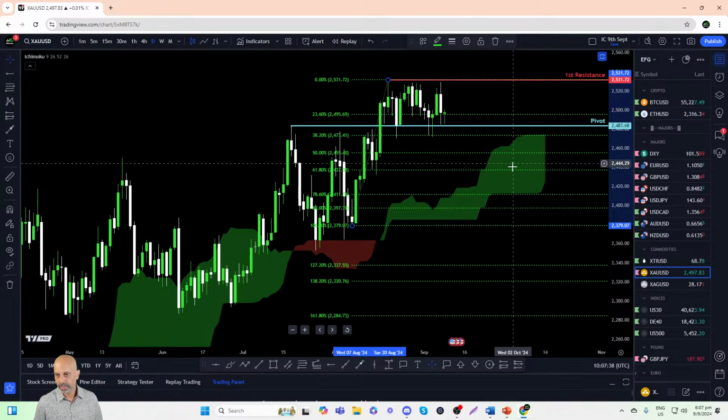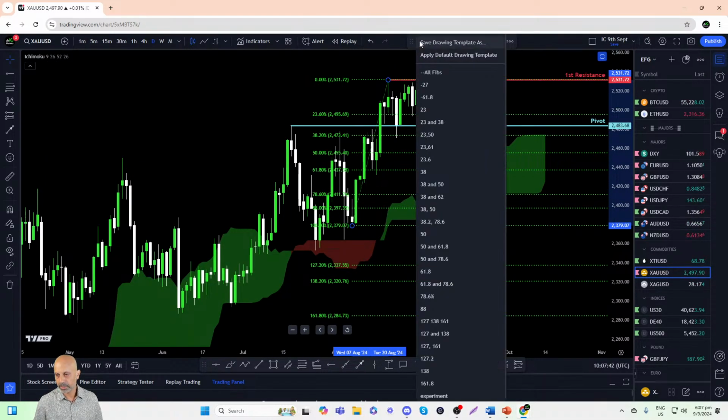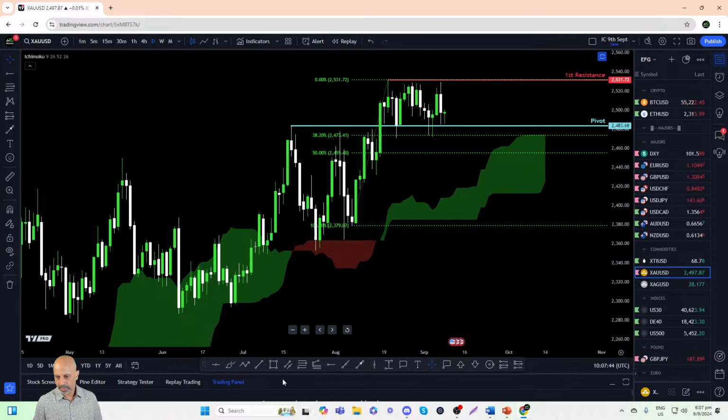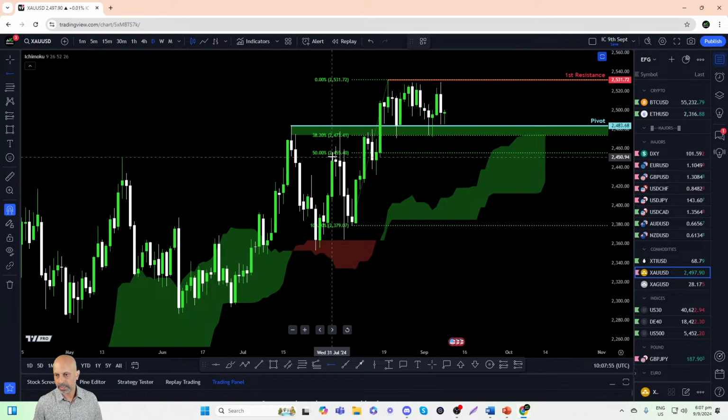Let's pull up all the fibs. We're going to be using the 30 and 50%. I'll explain to you why. We can see the 38.2% align pretty well with the pivot, just underneath the pivot rather, highlighting a strong support zone here. And when I look across the 50% retracement, I see another nice overlap support level at